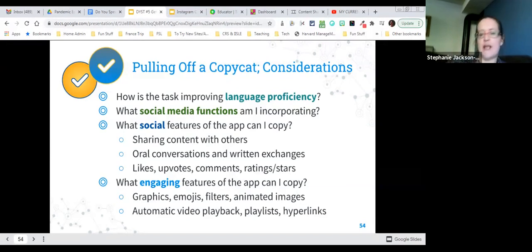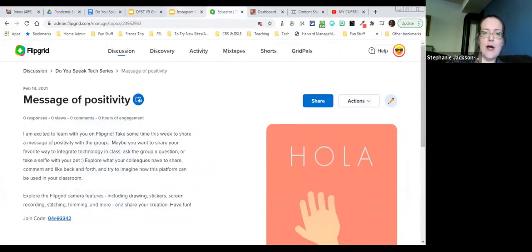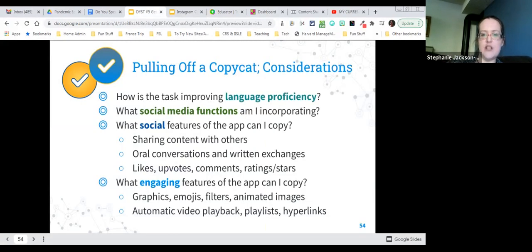And then how can you make it engaging? It might be the colors or the graphics, animated images. The fact that Flipgrid has filters, your kids are going to go nuts for that. It's going to make it 10 times more engaging than a slideshow or whatever. Or automatic video playback in your slideshow, so that when you present and click through the slides, the video automatically plays, kind of like flipping through TikToks. So how can you fake those engaging features? Just think of that when you're trying to build a